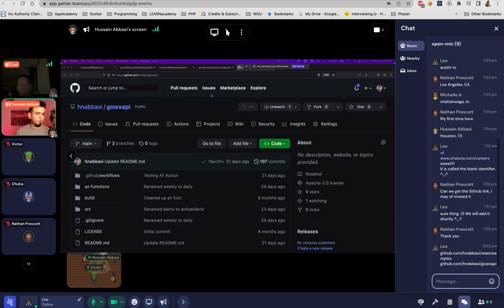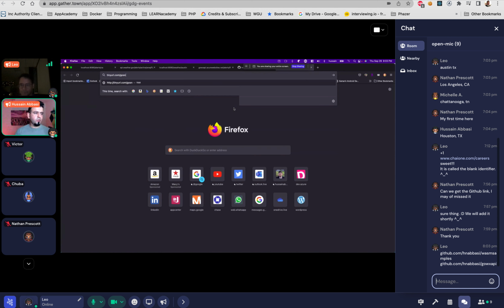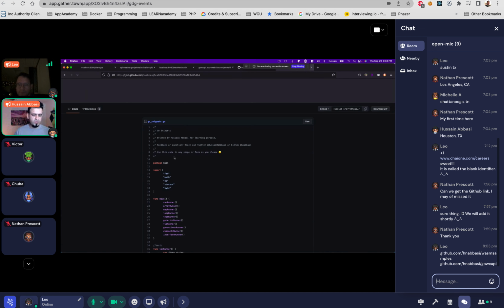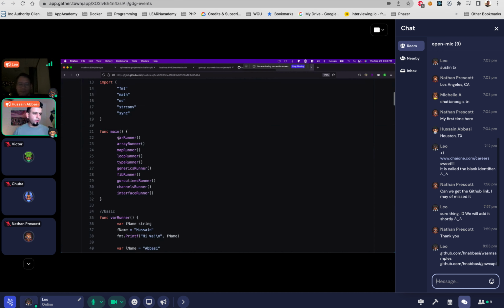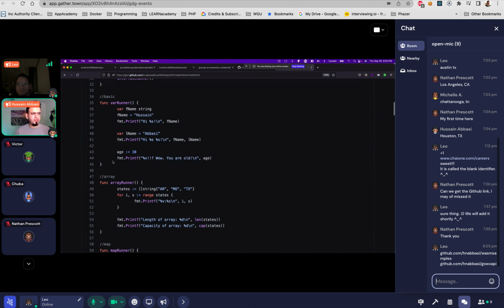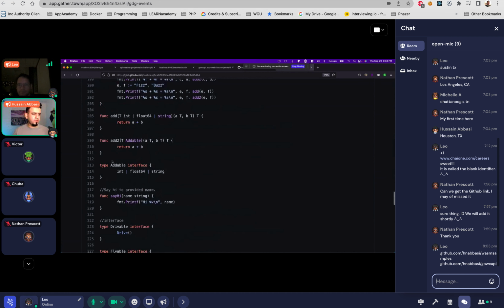Before we call it a day, let's look at a few more things. I'm just going to show you, wrong browser. If I go to tinyurl, Go snippets, you will get to this gist, which is essentially a quick learning. You will learn about variables, arrays, map, loop. This is all me learning Go last year or earlier this year. You can play with it in your own time.